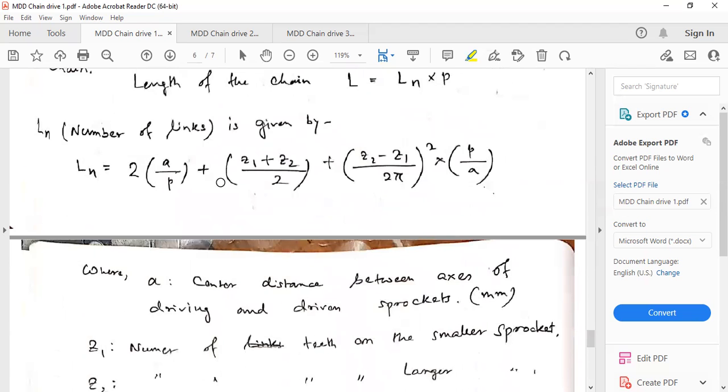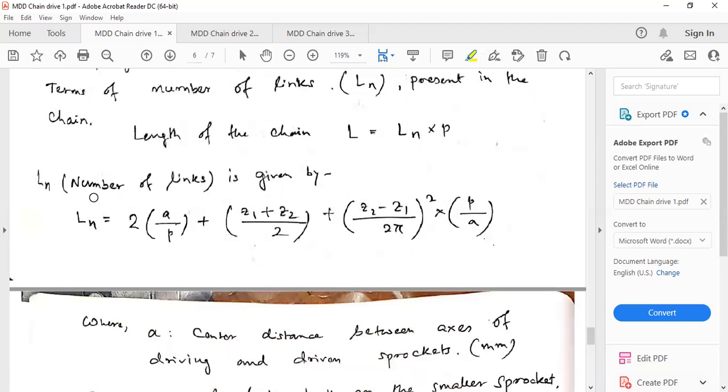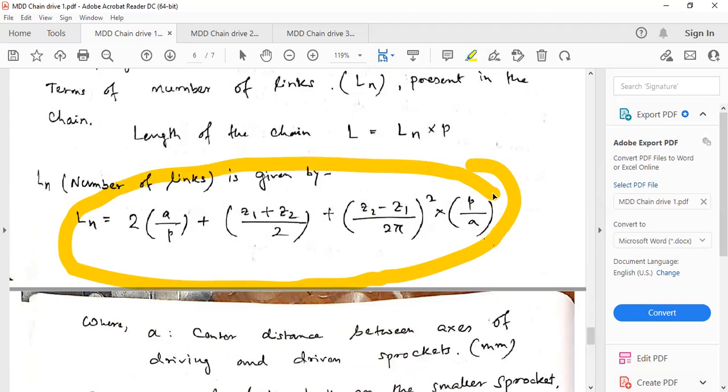Here, one more thing. Now to find out the total length of the chain, we can use this formula as well. But this Ln, the number of links, you don't have to count. Suppose you don't have the chain now and you are designing it. Before that, there is this relation. You have to follow this relation to find out what should be the number of links